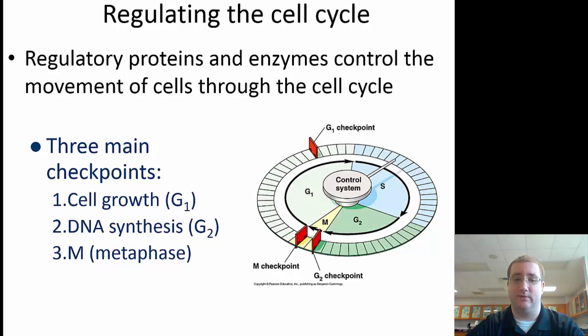And finally, there's a checkpoint within metaphase, specifically in the M phase, where the cell can check that the chromosomes are properly aligned single file in the dead center of the cell, in the equator of the cell. So those are the three main spots where the cell has the ability to make sure that everything is okay and that it can move on to the next part of the cell cycle. And if something's not okay, the cell has the ability to try to fix it. And if it can't fix it, then it's going to undergo apoptosis, which we'll discuss in a second.